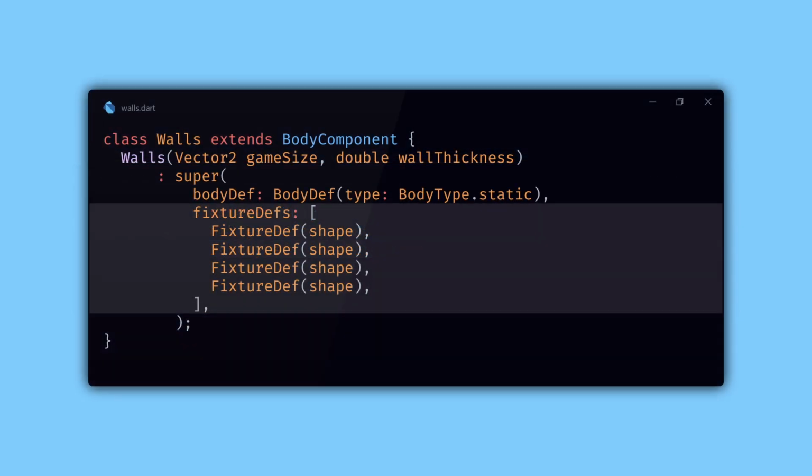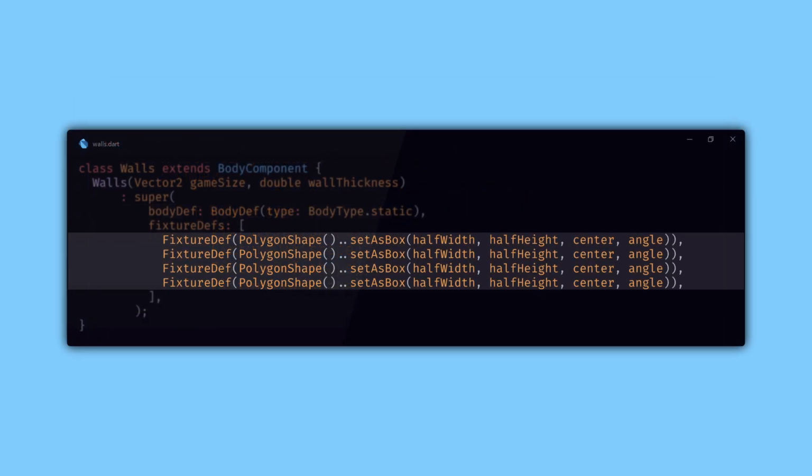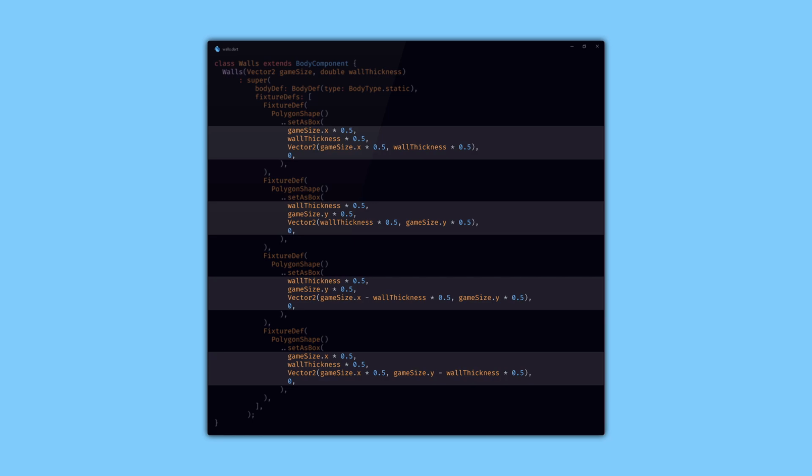Next, let's use the fixture definitions list to define fixtures for each of the four walls. A fixture definition needs a shape as input, and since the walls will be rectangular, we'll use PolygonShape and make it into a box by calling the setAsBox method on it. The parameters to setAsBox are half width, half height, center position, and rotation angle of the box. All these values are straightforward to calculate based on the game size and wall thickness that we get as input